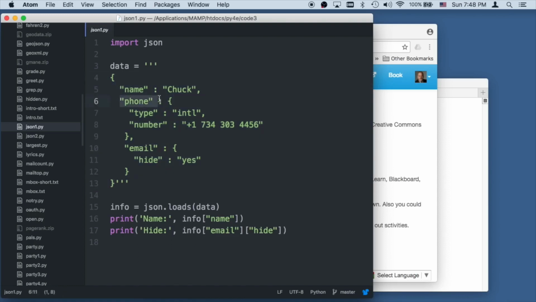In this case, this is a key and the value itself is another dictionary, or in JSON terms, an object, but again, key value pairs within key value pairs within key value pairs. And all these little curly brace guys have to line up properly. And so, like all the time, this is a string, which we normally would read and decode from the internet, but for now we're just going to have it in there. JSON.loads says go into the JSON library, pull out load string, and parse this, which turns